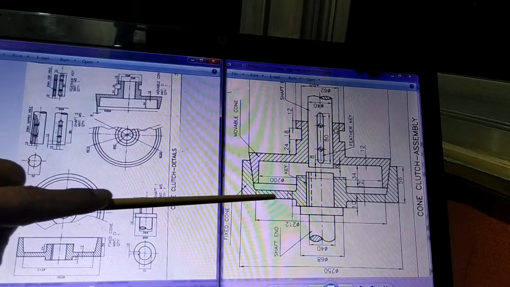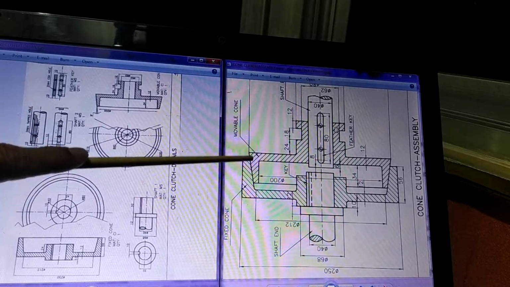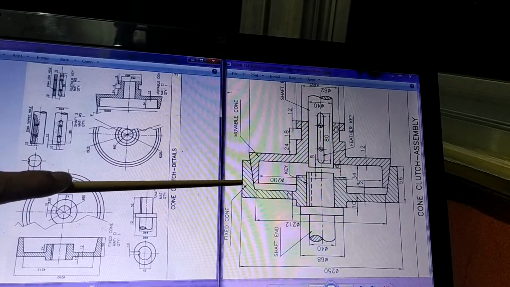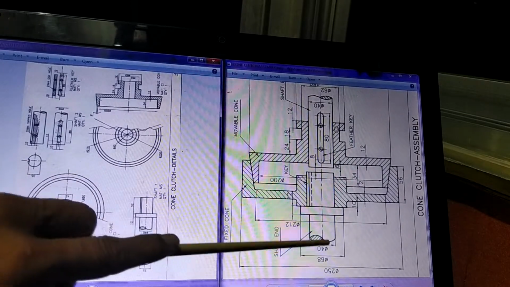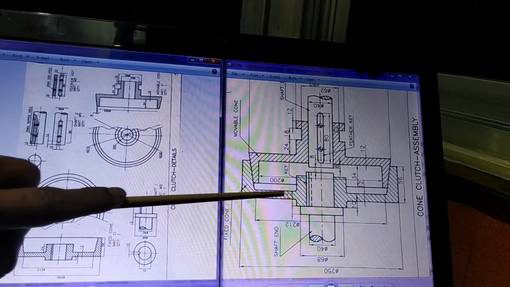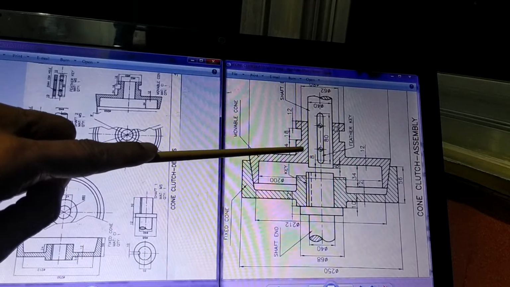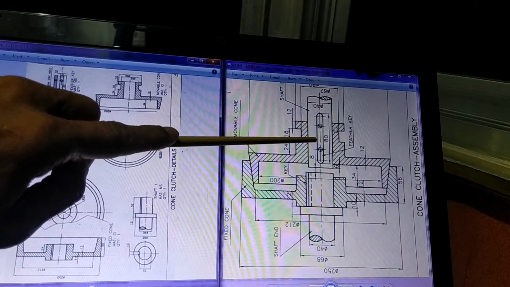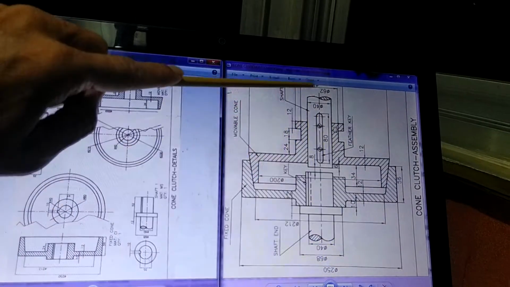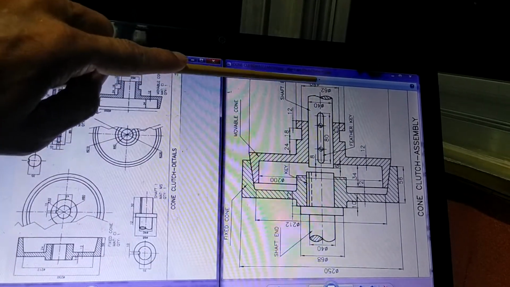These 2 parts are called cones. So this one cone and this second cone, these 2 cones are engaged into each other, so they are in contact. Because of their contact, when this shaft rotates, because of a key, the rotation goes to this outside cone, and because of this friction contact, this cone also rotates, and then through this key, the power goes to this shaft. So finally the power goes from this shaft to this shaft, and it starts rotating.